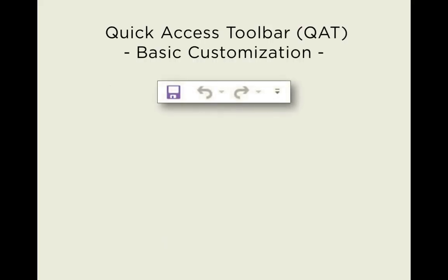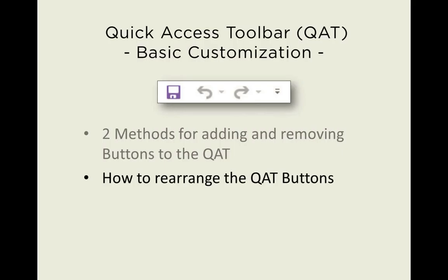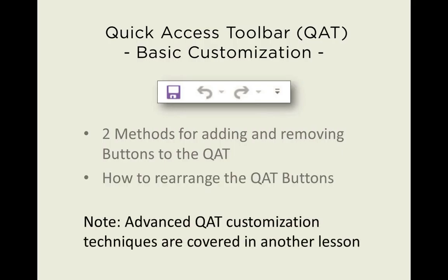In this lesson, we will work with customizing the Quick Access Toolbar. I will cover two methods for adding buttons to and removing buttons from the Quick Access Toolbar. In addition, I'll teach you how to rearrange these buttons. If you want to learn more about customizing the Quick Access Toolbar, I also have a free advanced lesson on this topic. It may be helpful to print out the free quick reference guide available at josephlesser.com as a companion